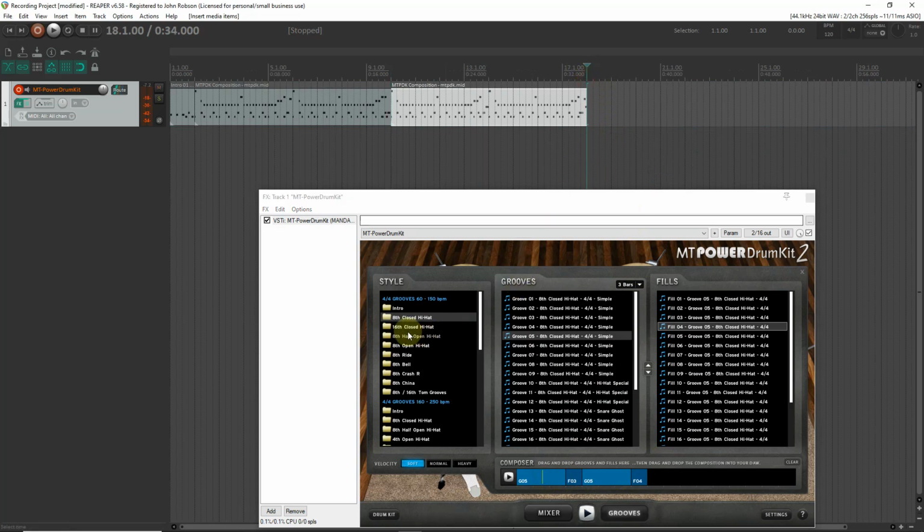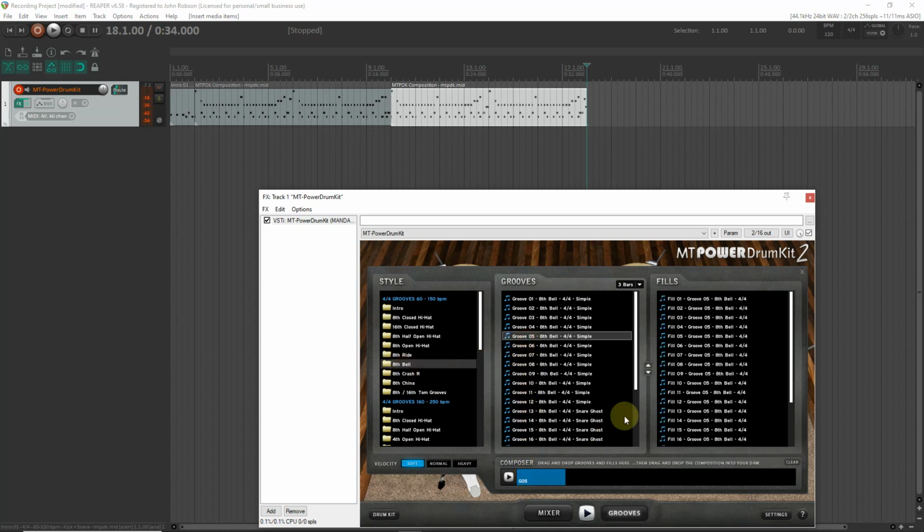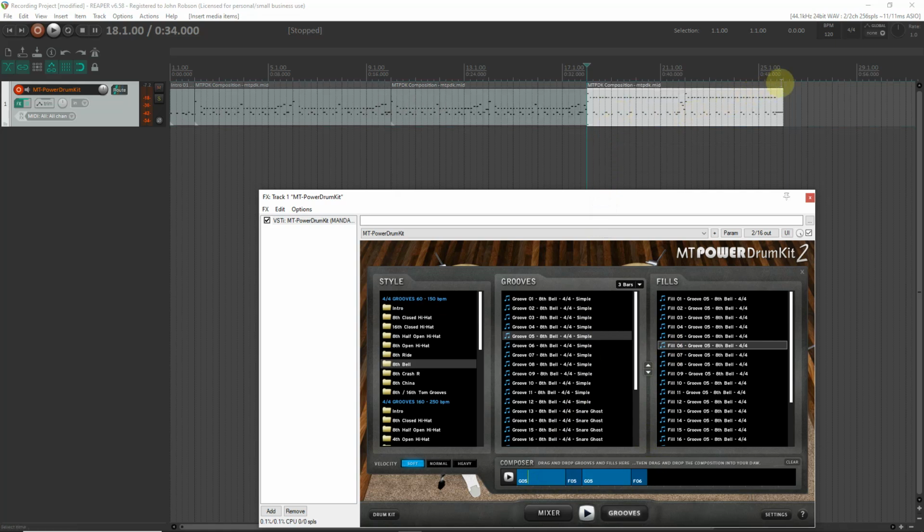Okay, and we've done all of this on an 8th note closed hi-hat so far. So what we're going to do now is clear that, and we're going to go to a bell cymbal. We'll still stay with groove number 5, so we use fills 1 and 2, fills 3 and 4. Let's use fill 5 there, another 3 bars of the groove. We're doing this on the bell cymbal at the moment, and then fill number 6. Drag and drop that into here, and then let's go back to a hi-hat again, but this time we're going